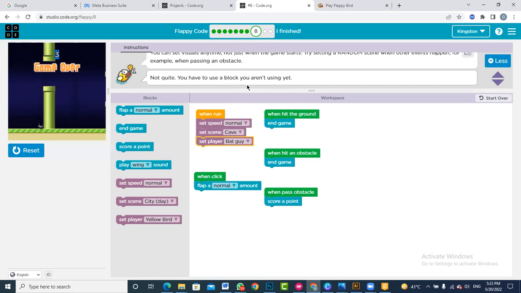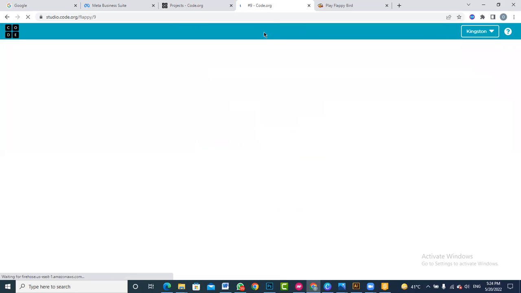So it says that we are not using a block that we should be using, and that block is end game. We are actually using every block that we have. So now let's go towards the next problem, and the next problem is that